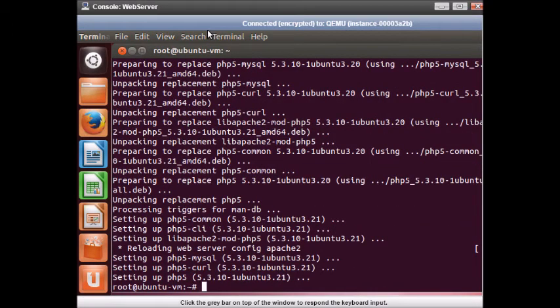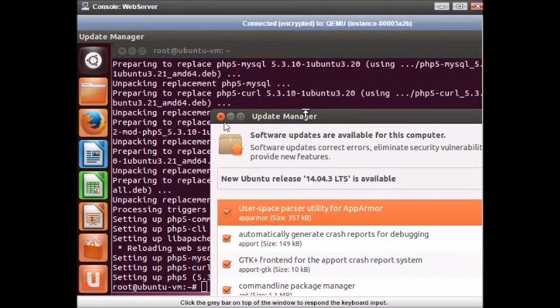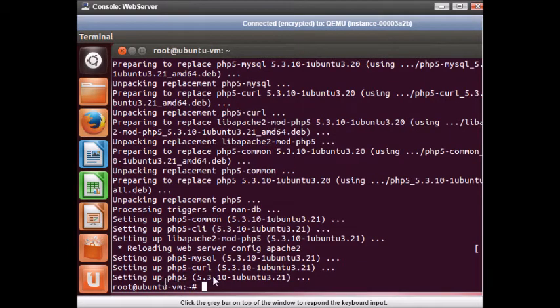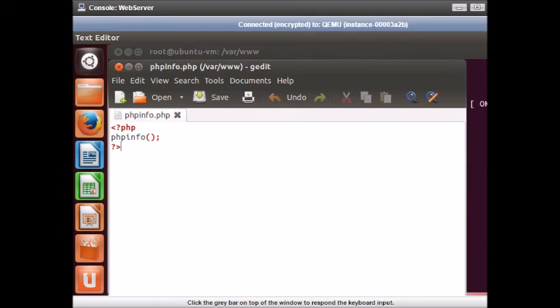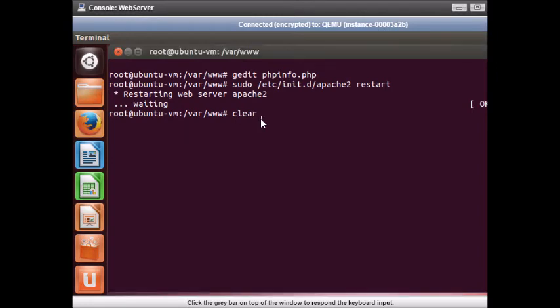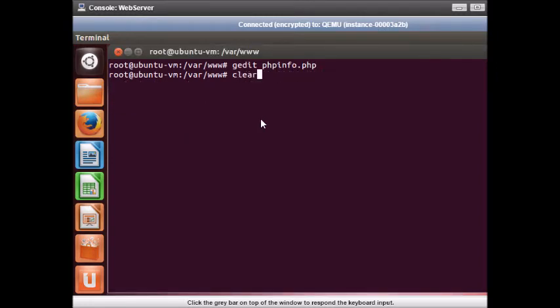So setting up php5-mysql, setting up PHP 5. On our client we create a PHP info file in the var directory. Now we restart our Apache.